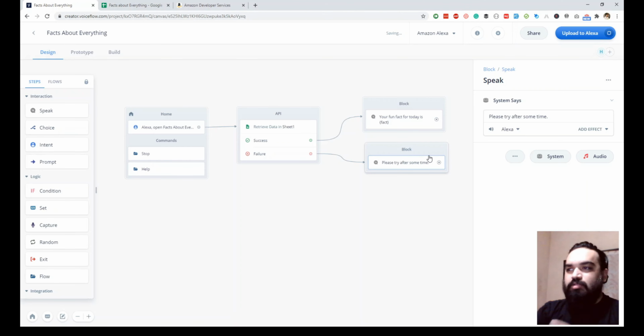But the idea of this tutorial is to show you how to link Google Sheets, fetch some data from the Google Sheet, and read it out to the user. You can also click on stop and go change the flow for stop and all of that. We'll do that in a later tutorial. So that's how you fetch the data, and once you're done doing that, I would recommend you go to the